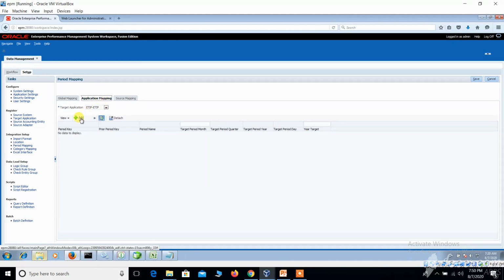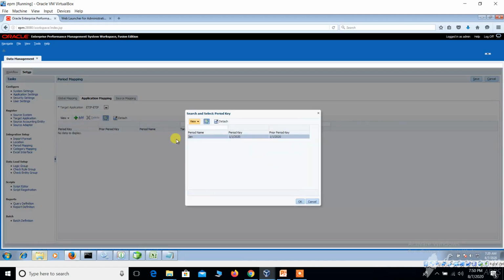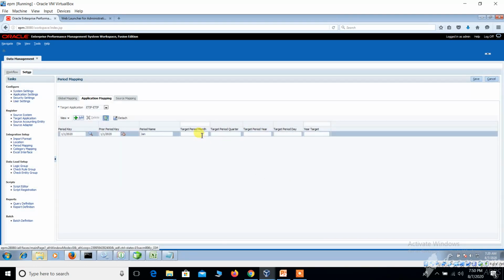Otherwise you can add the application mappings here. You can see automatically it will give. Just click on OK. Target period month is January. Target period quarter one is Q1.